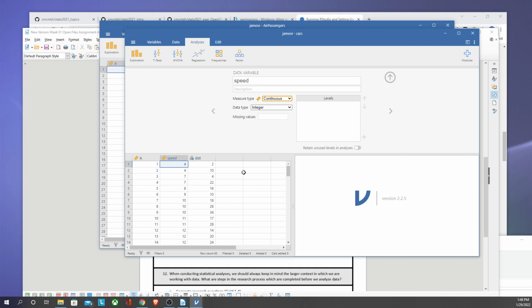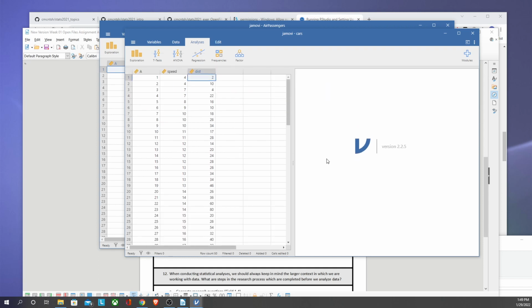We can either click on the next column heading, or we can hit the little next button here on the window, and that takes us over to distance. Again, we need to set that measurement type to the correct level of measurement, because that will let us do the things that we need to do. That's good on that. I think the last thing I will show you, we're not going to do any extra analysis this week, but if we did, then you'll probably want to